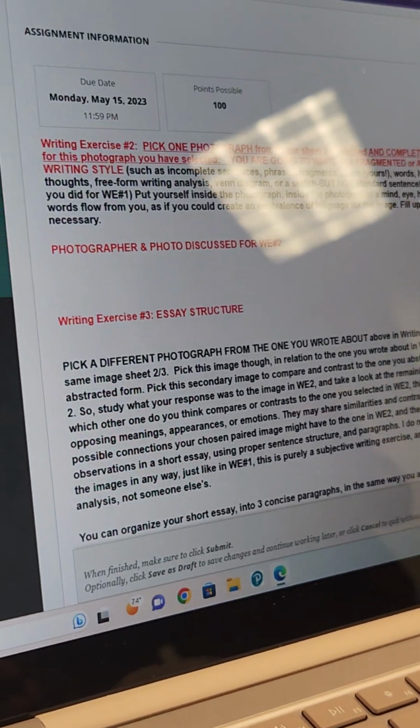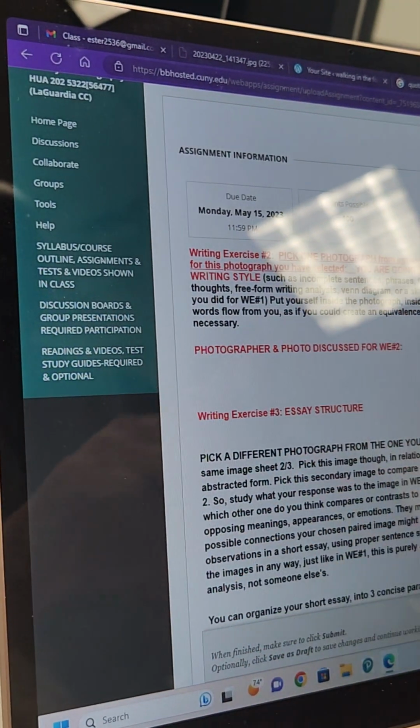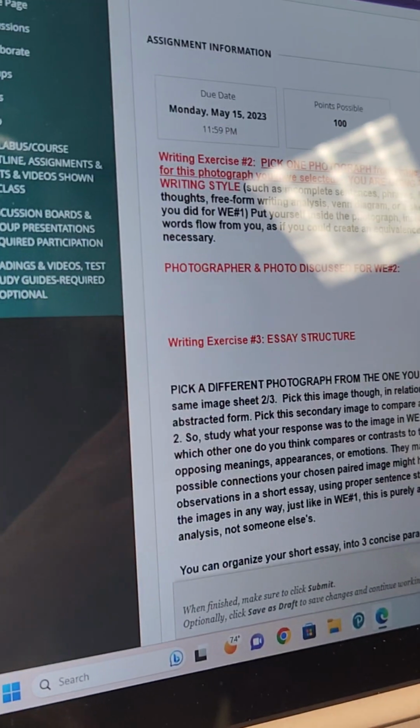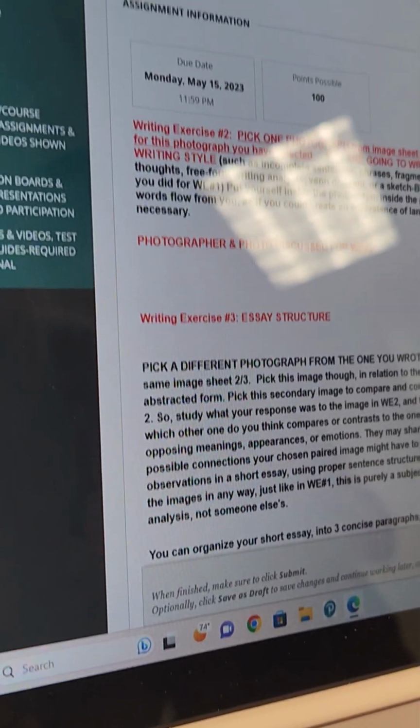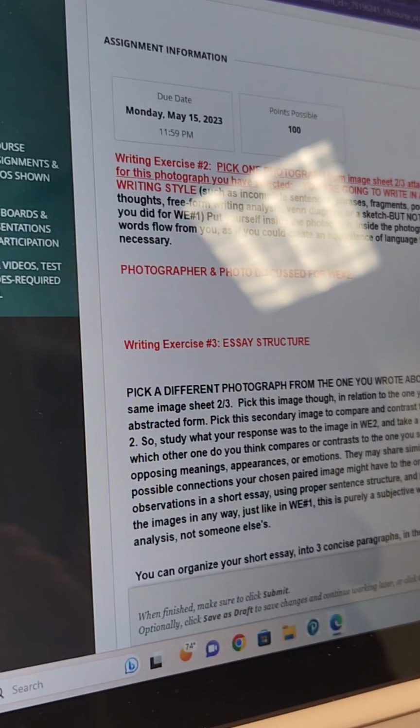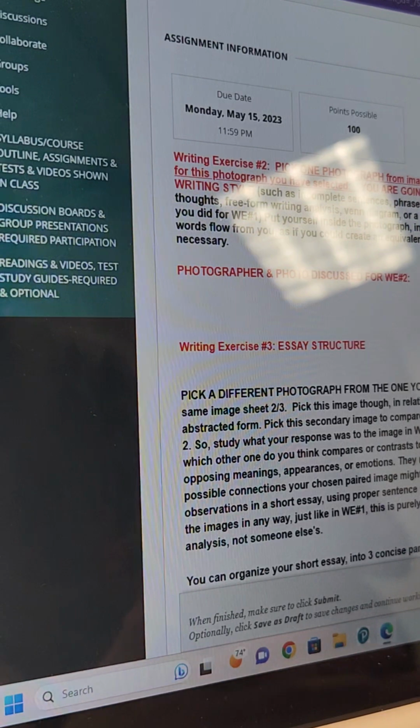This is your next homework, writing exercise 2/3. Right. For part 2, you're going to pick one photograph from the whole sheet of pictures, and you're going to, yes, in the next document, I'll show you. And you're going to